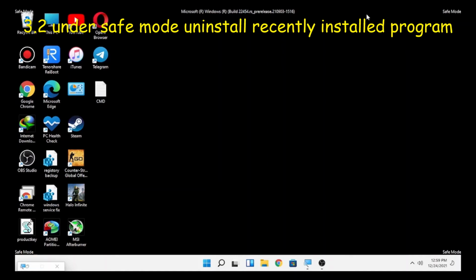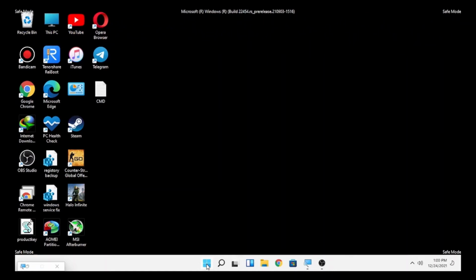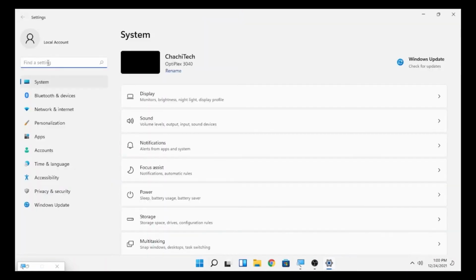So the same goes here. We will click here the Windows icon and we will go to the settings section and under the settings section, under the search box, we will type control panel.